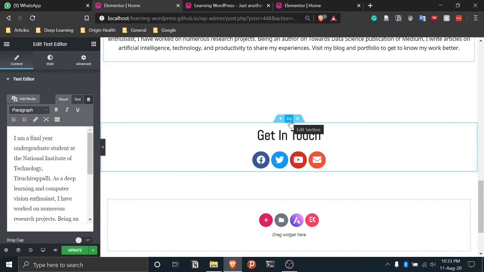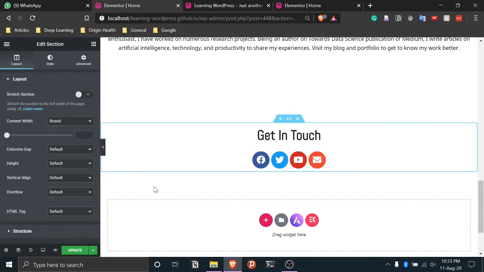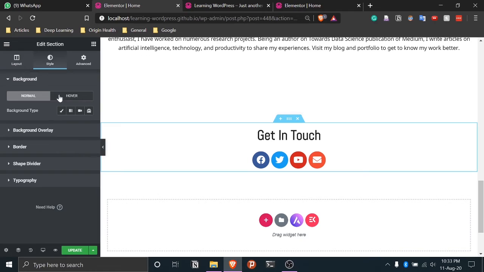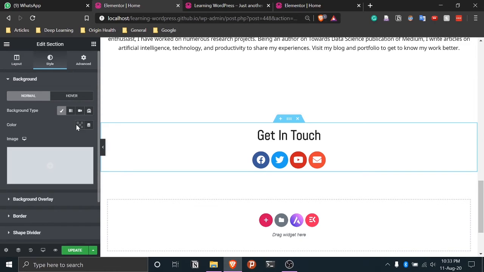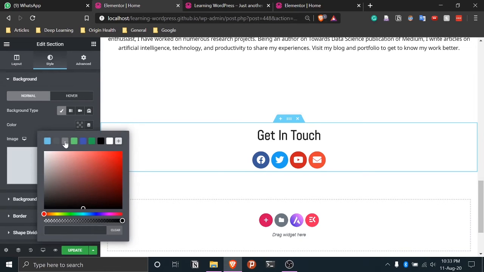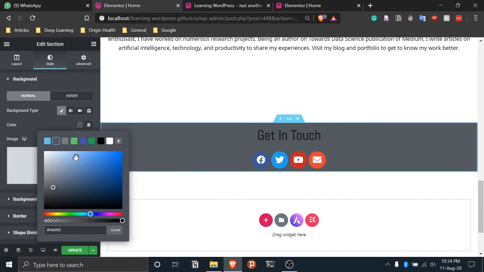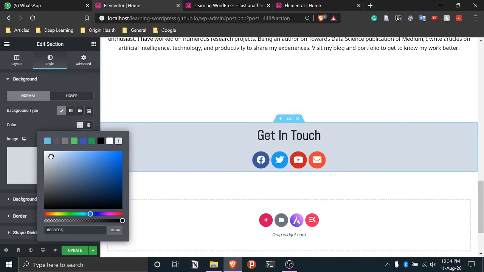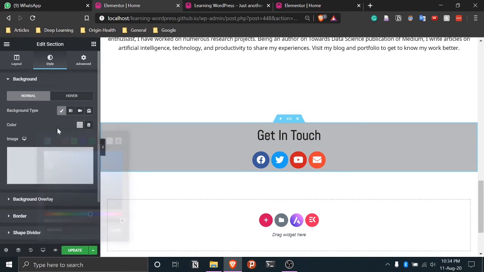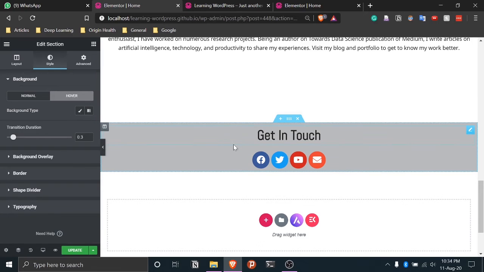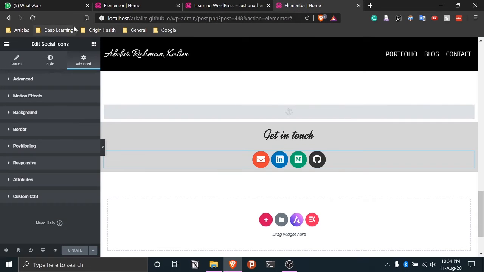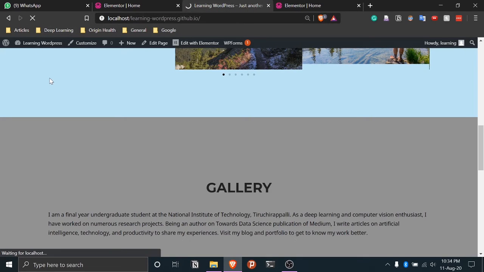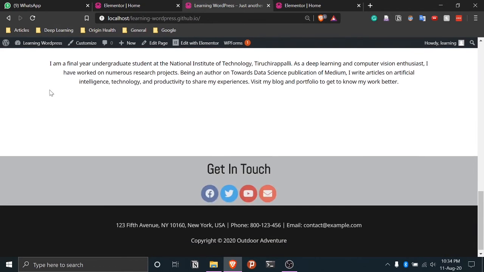So for that, if we want to change the background, we can select this section as a whole, go to style, and we can put the background, select classic, and the color we can choose to whatever we want. Let's say we don't want this too much. Let's say this, I think this is good. So we can select this, and for the hover also, when we hover, it will work just like that. It's okay. So we can go to update, and once we update, we can refresh our website, and then we can see how things are working. Yeah, so it looks cool now, right?